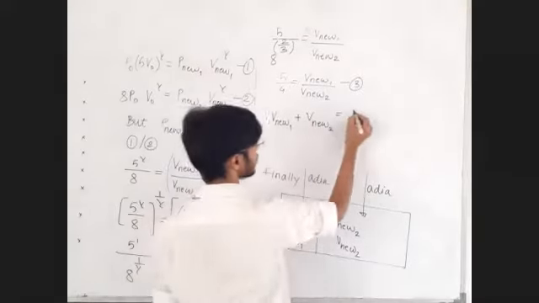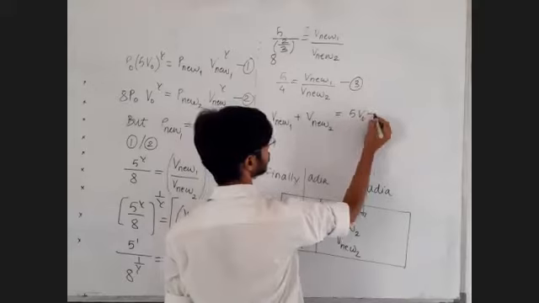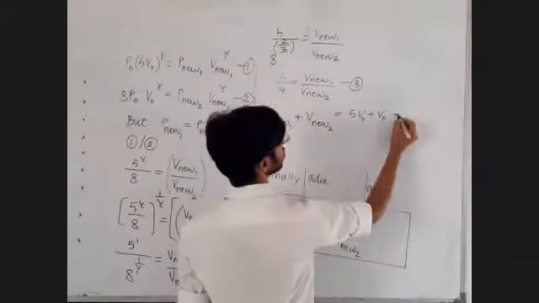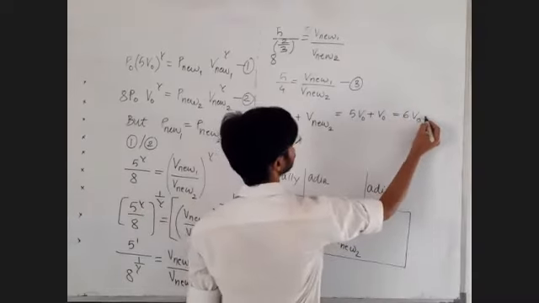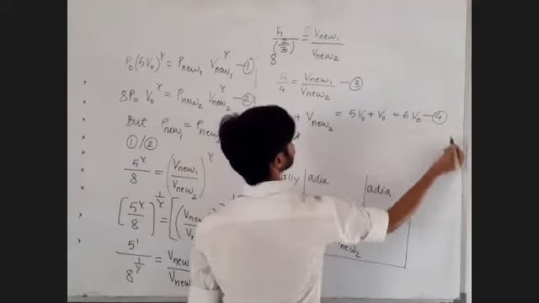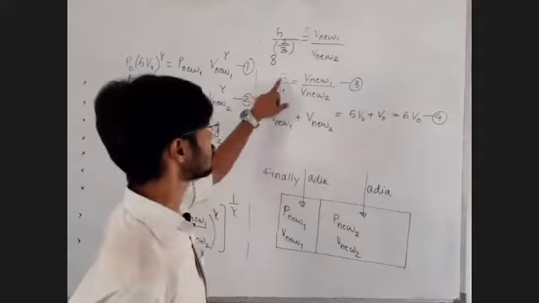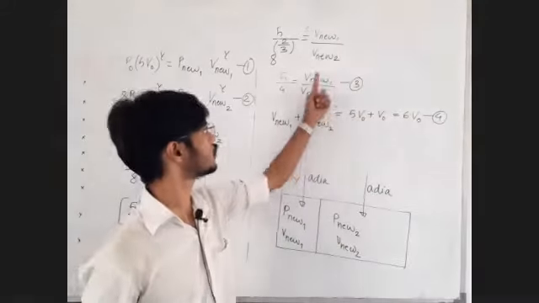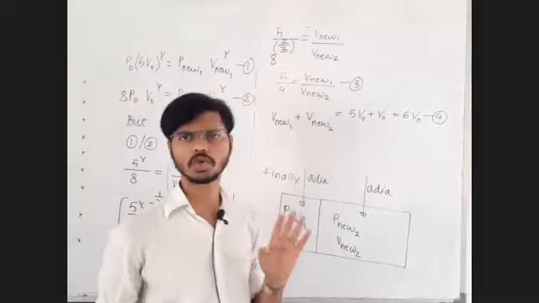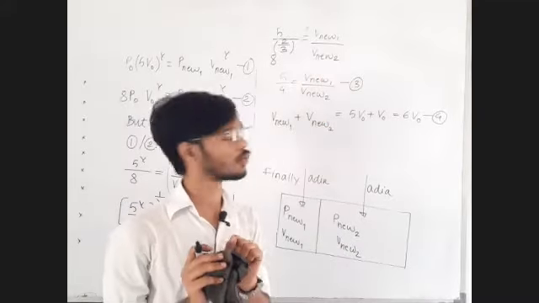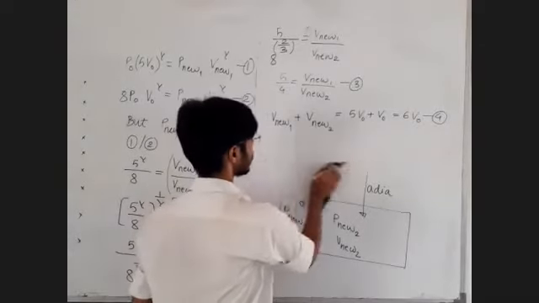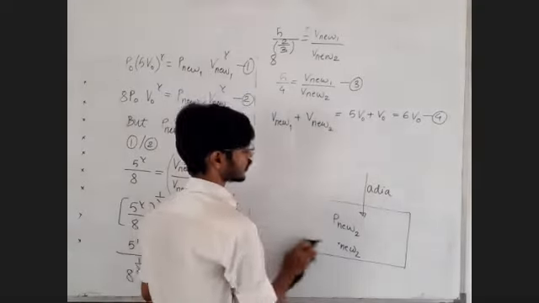Initially the first compartment had a volume equal to 5 times V0. The second compartment had a volume equal to V0. So that is equal to 6 times V0. This is equation number 4. Okay, now you have two equations and two unknowns, V new 1 and V new 2. So are we able to solve for V new 1 and V new 2? You people reply to me in the chat box. Convinced or not? I hope this question is clear to all of you.